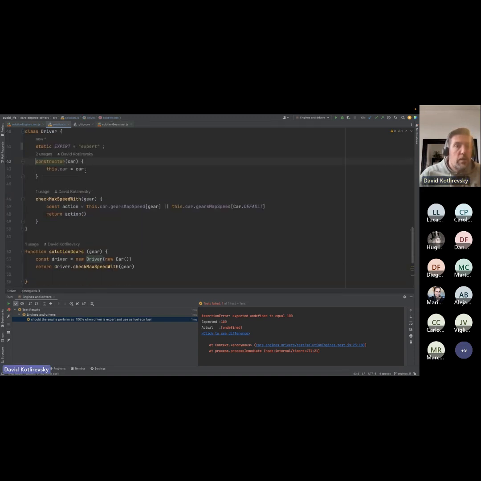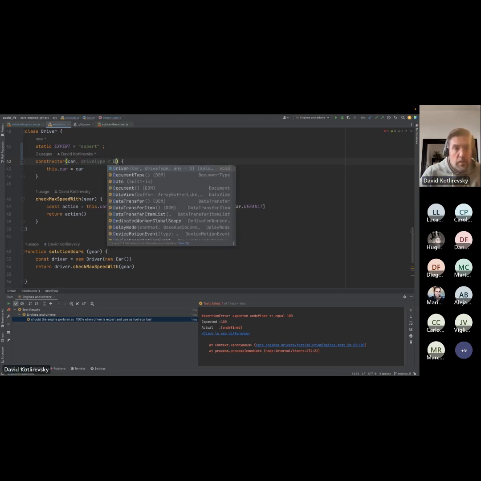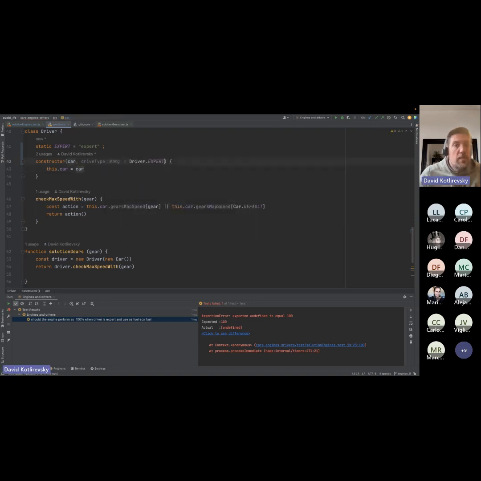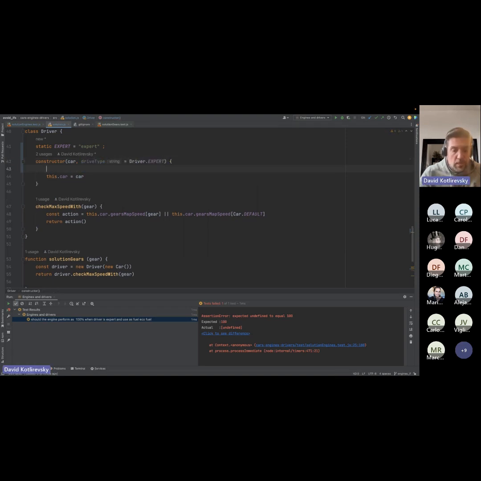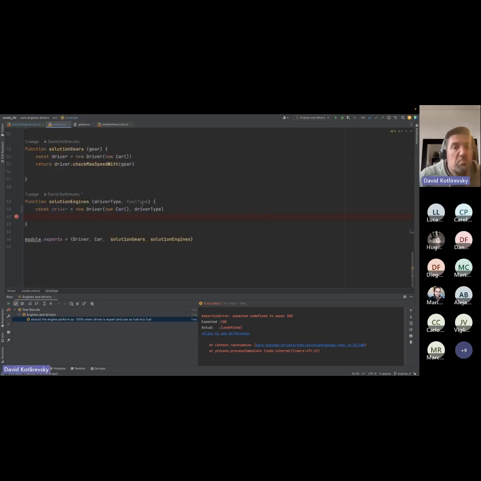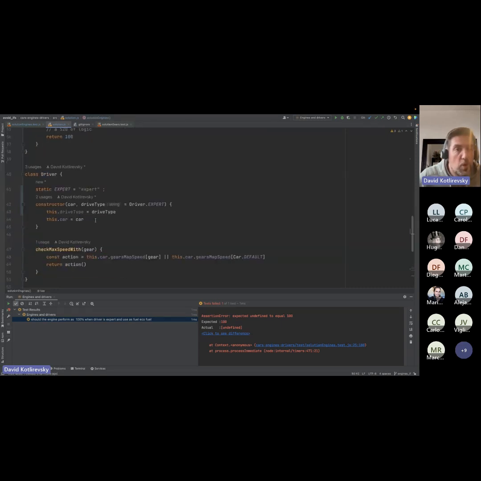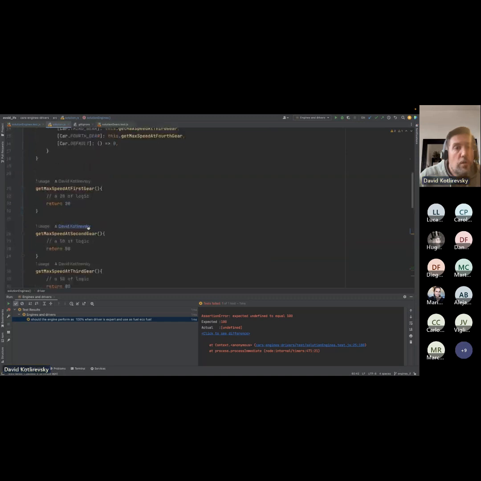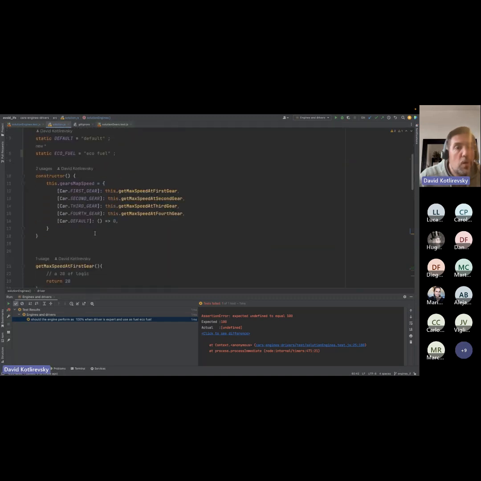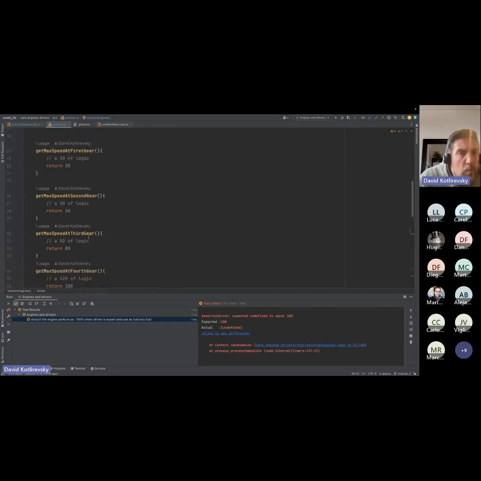And if I go here, for the sake of not breaking encapsulation and not breaking other tests, I will use as default driver.expert, and I will save this attribute as an attribute. Okay, and then the car makes sense. Maybe that also is part of the properties of the car to know which kind of fuel it is using. So inside of the constructor of the car,